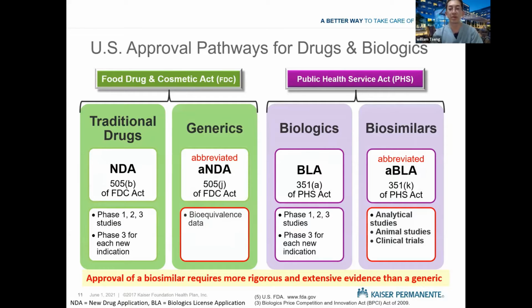So this is the pathway that was made so that we can make generics, and instead of generics for biologics, they're called biosimilars, right? For generics, because it's an exact replica, it really is looking at whether it delivers the same amount of medication in the body. Whereas biologics are a little different because you're not creating the exact same copy. You have to do analytical studies, animal studies, and clinical trials to make sure that there's no difference in clinical outcome. So with biosimilars, it's a different way of measuring similarity instead of exact copies.